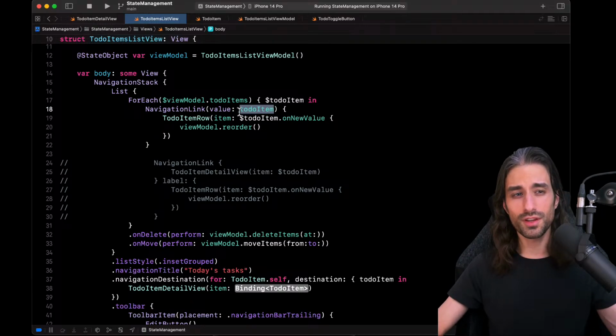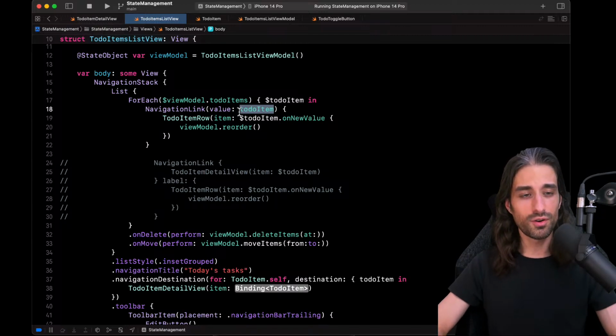This means that we use the type as a key for the navigation. And so if we want somewhere else to also use a to-do item for another navigation, we would have an issue because the two would collide together. So there needs to be some uniqueness: you can use one type only once inside a navigation stack.